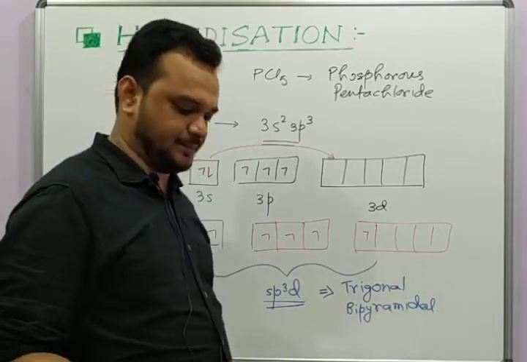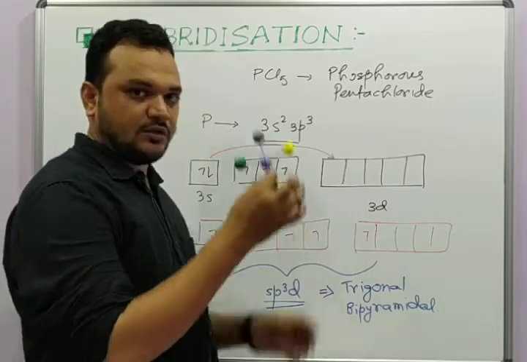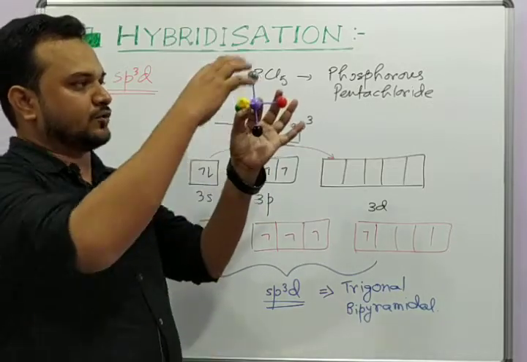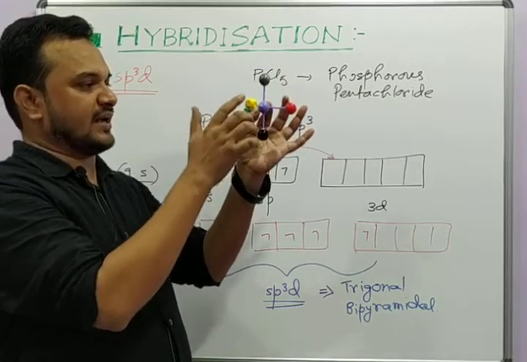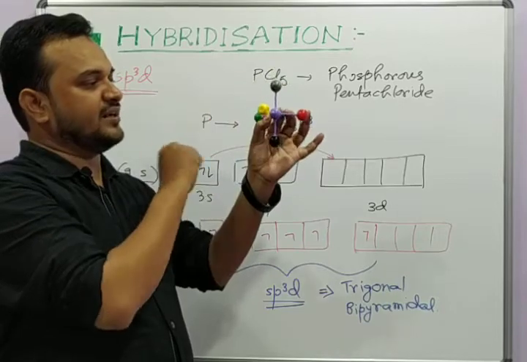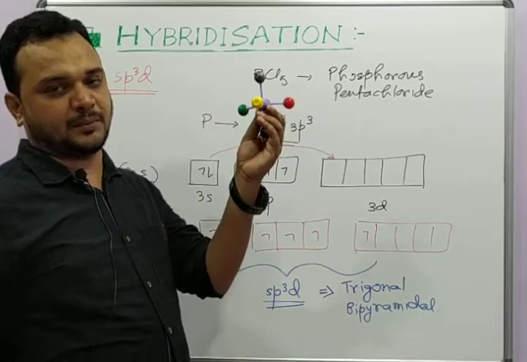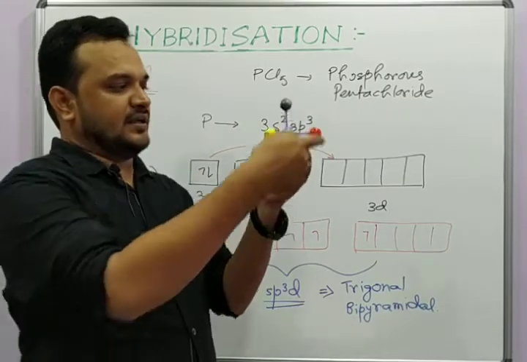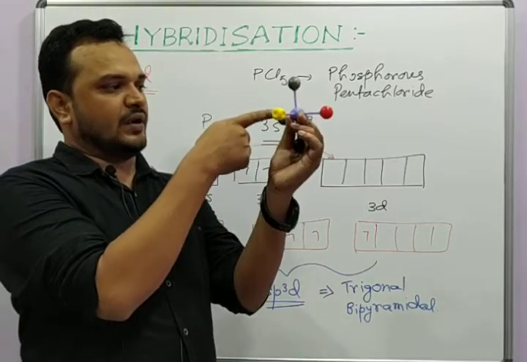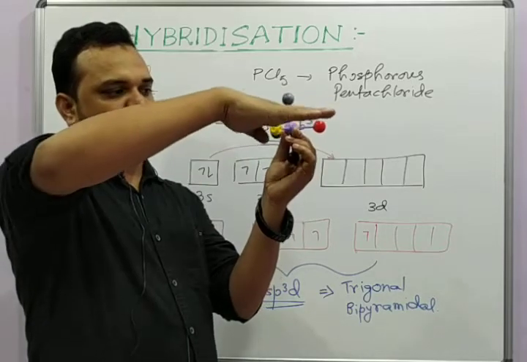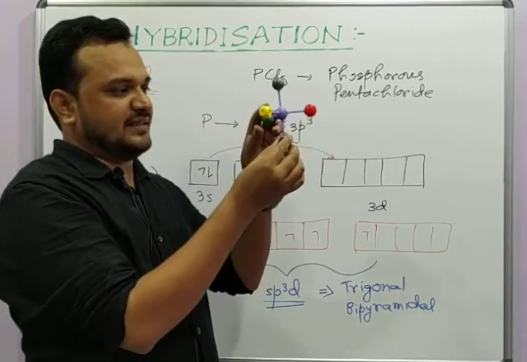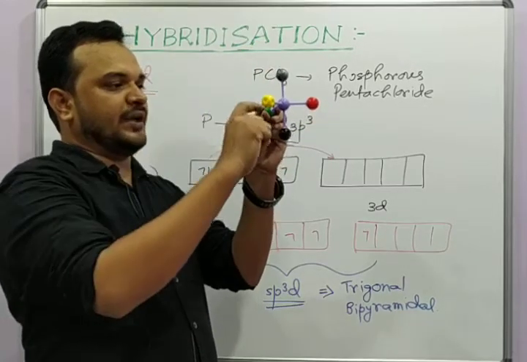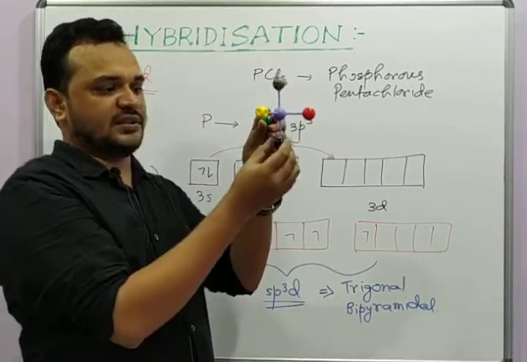the molecule PCl5. So this is your PCl5 molecule. I am saying it is trigonal bipyramidal. So all these 5 are chlorine, this black, yellow, ash color, red, green, and it is the central phosphorus, the purple colored one. So trigonal bipyramidal. If you add this red, yellow and green, you will get a triangle, a planar triangle, right? And then with respect to this trigonal plane, there are 2 perpendicular bonds. This is one chlorine, this is one chlorine.